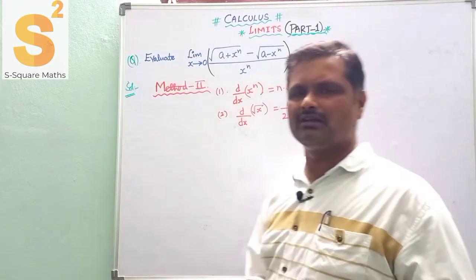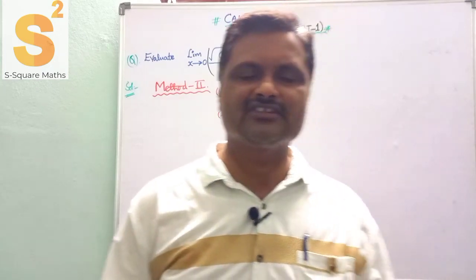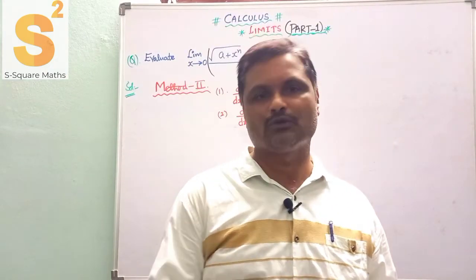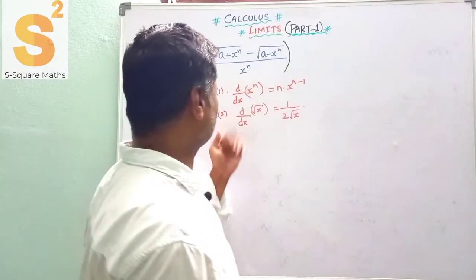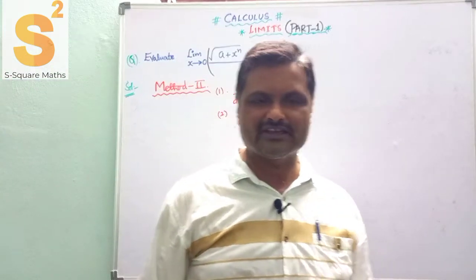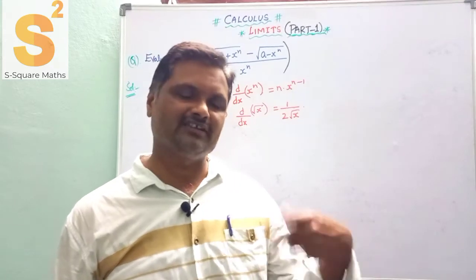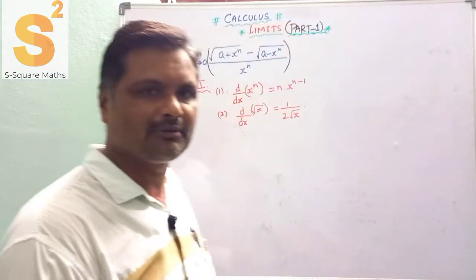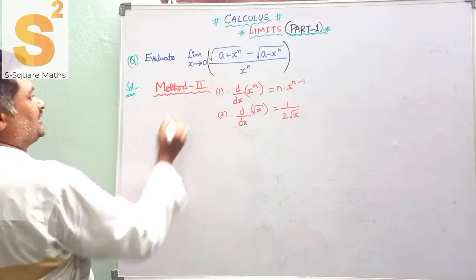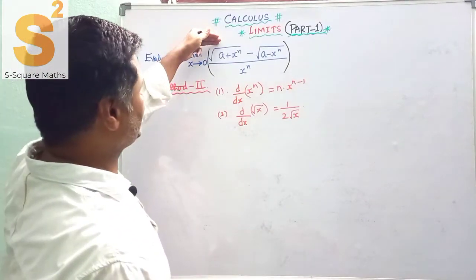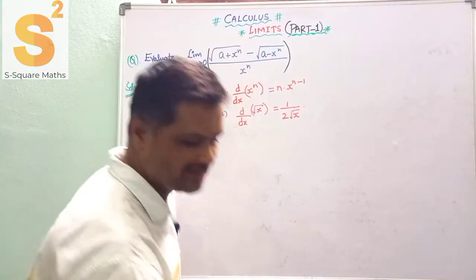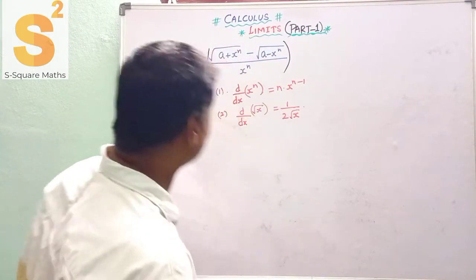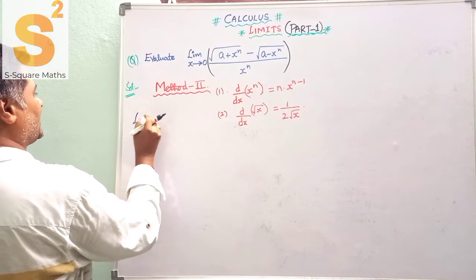Now if the same problem is asked in various competitive examinations, I am going to explain a shortcut, fast track method. You should be able to know the derivatives of x power n and root x, as you know very well. Okay, if you are not aware of it, go through it and apply. See here, I am going to do the second method. So differentiate numerator and denominator with respect to x. So this formula is called the L'Hospital rule. I am going to apply L'Hospital.